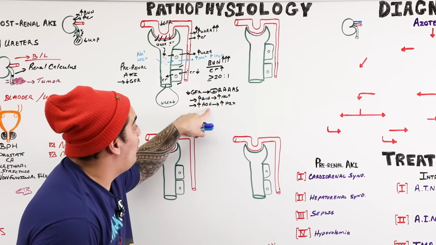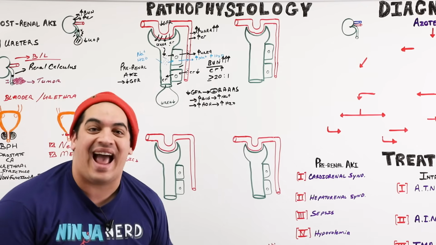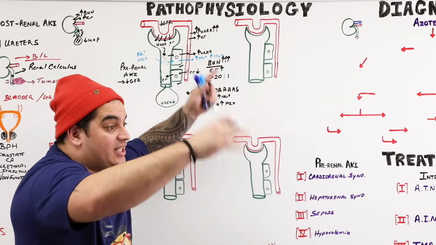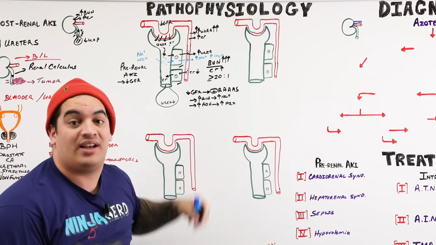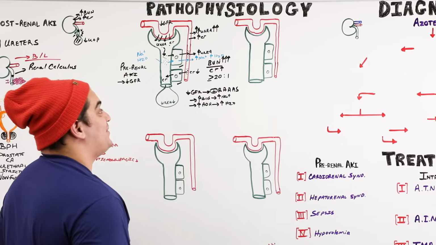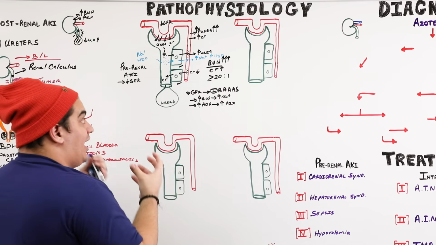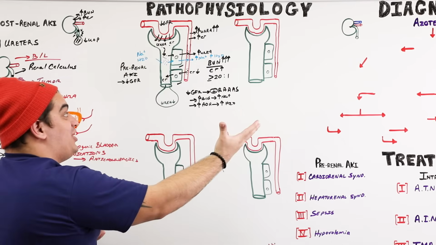And this only works, why? Because the kidney tubules are intact. If the kidney tubules were damaged, this wouldn't matter because you could be releasing these hormones all the way. But if the kidney isn't responding to ADH and aldosterone because those kidney tubules are damaged, it won't matter. But we are reabsorbing lots of sodium and water. And so the sodium and the water will go up in the blood in an attempt to increase your blood volume, increase your blood pressure, so that you can increase your GFR.